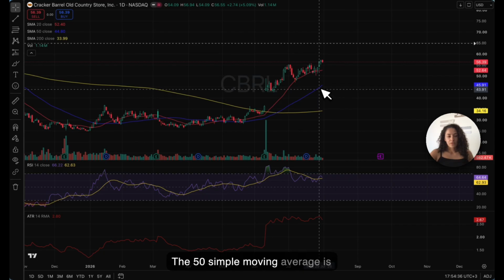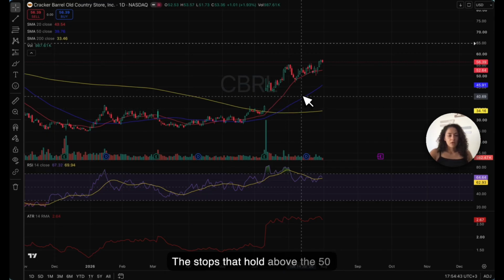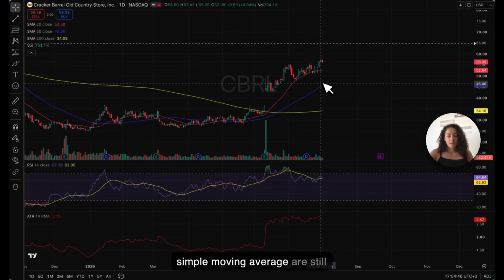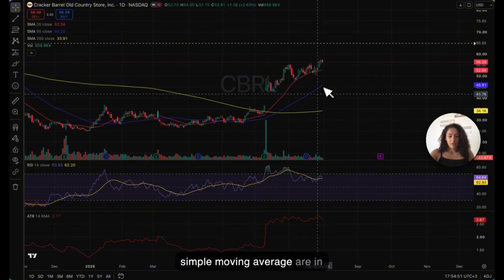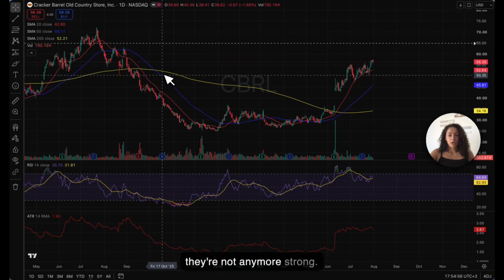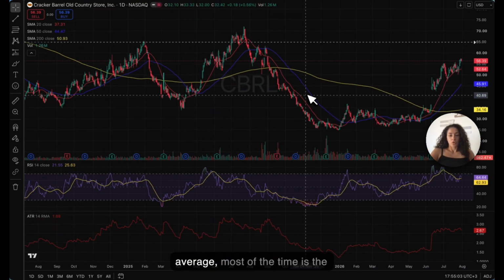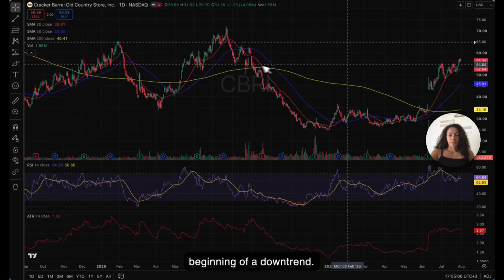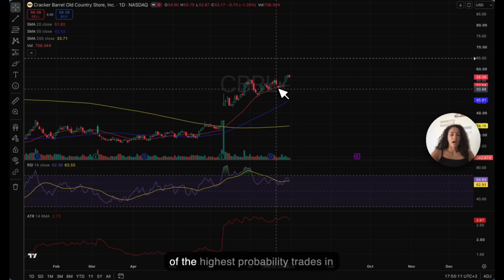The 50 simple moving average is the intermediate trend filter, so around 3 months, a quarter. The stocks that hold above the 50 simple moving average are still structurally healthy. The ones that are moving below the 50 simple moving average are in a downtrend, and they're not strong anymore. So they're weakening. As soon as a stock starts moving below the 50 simple moving average, most of the time it is the beginning of a downtrend. Now, though, if you see a pullback to the 50 and a bounce, that's one of the highest probability trades